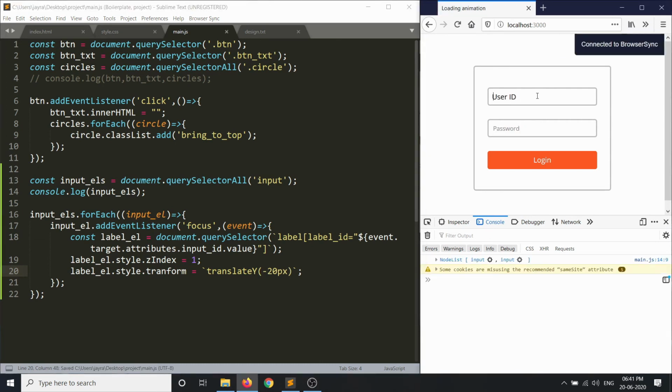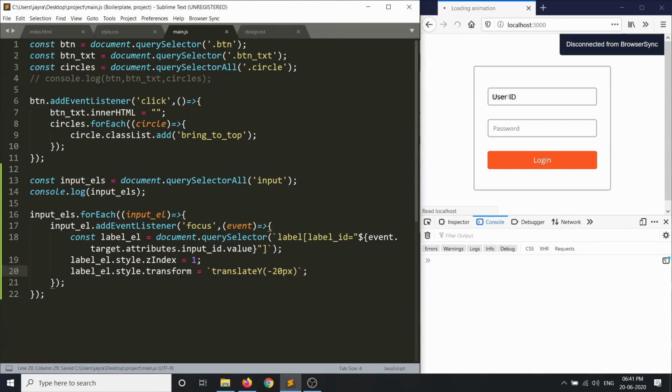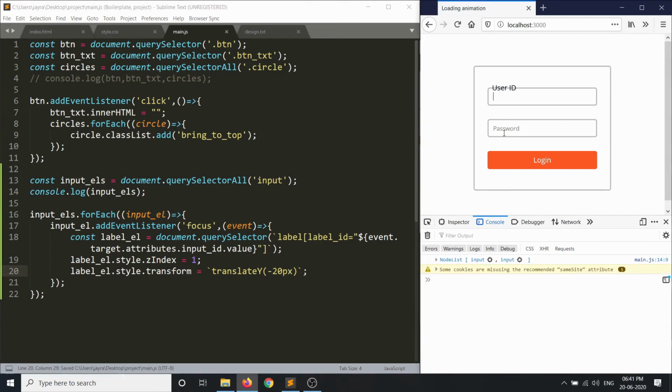Let's see what happens now. Okay, we forgot the S here, transform. See, now when I click on the input field, the label appears and it's behaving as we want. It's coming on top of the upper part of the input element.